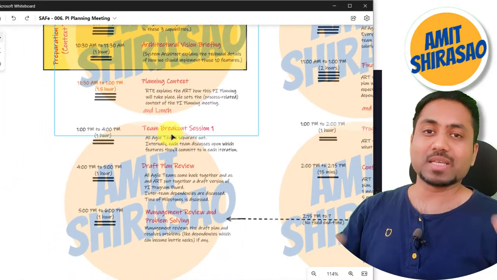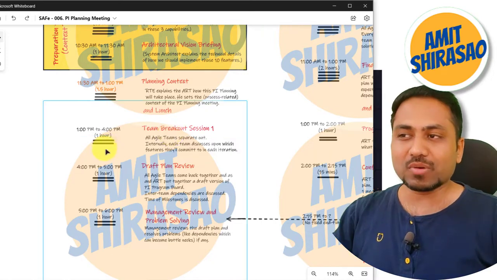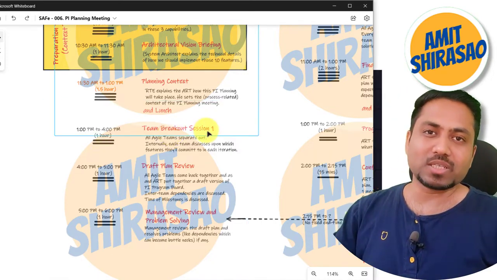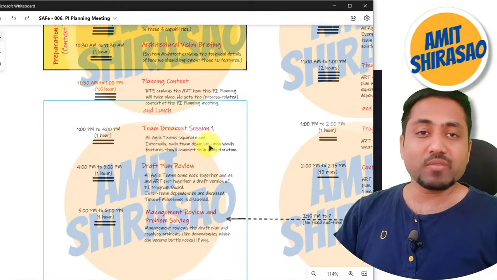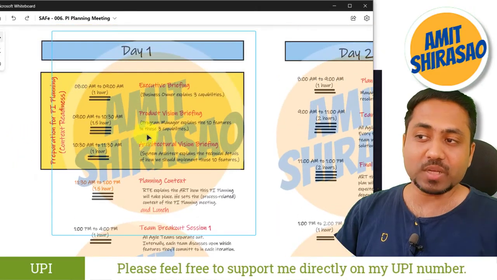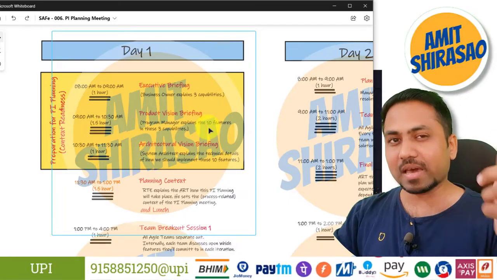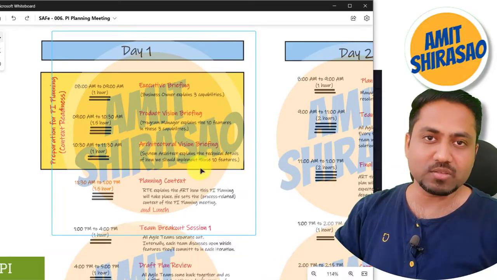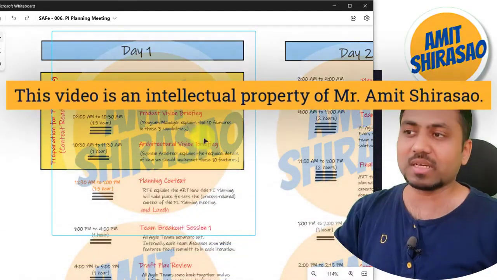After that, there is something called the team breakout session. The teams don't even assemble back. They actually go out for a breakout session, and this lasts for 1 hour. Now what is this team breakout session? In the team breakout session, basically every team picks up the stories which are explained in these particular 10 features. I'll give a brief recap of what happens in these 3 briefings. Ideally you should see the last video for that, but I'll give a brief recap.